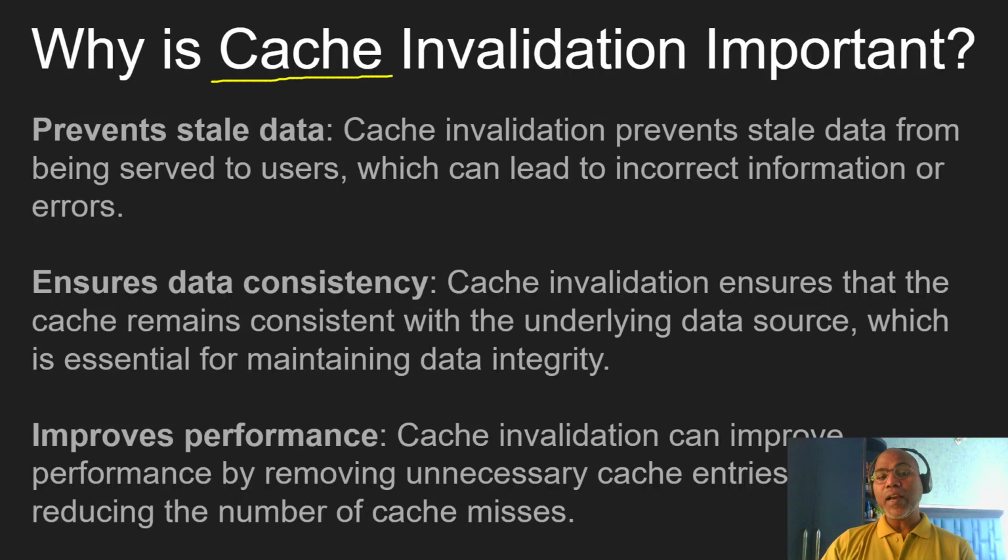Why is cache invalidation very important? Because we have to prevent stale data. Cache invalidation prevents stale data from being served to the user, which leads to incorrect information, and customers may even say,